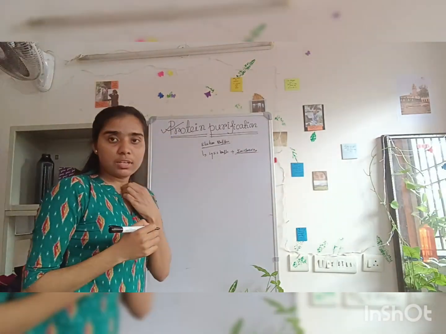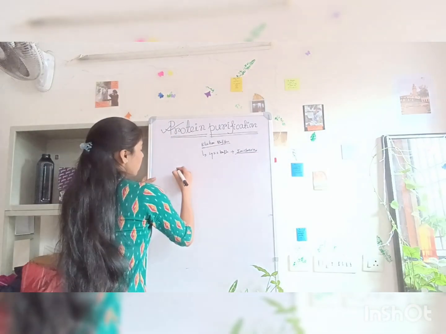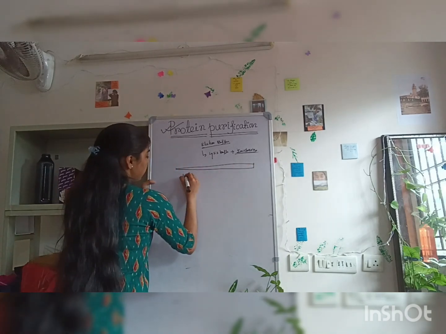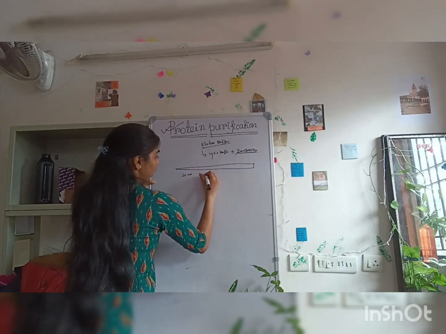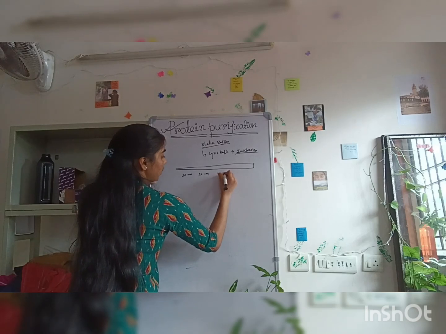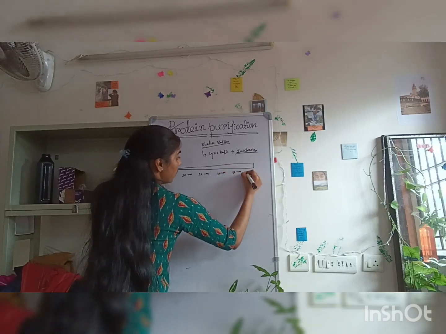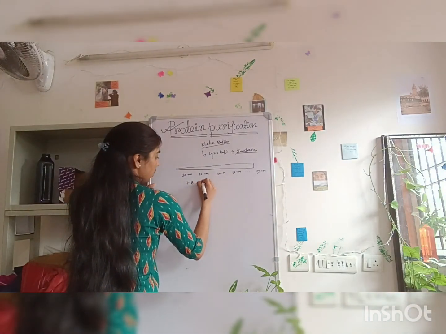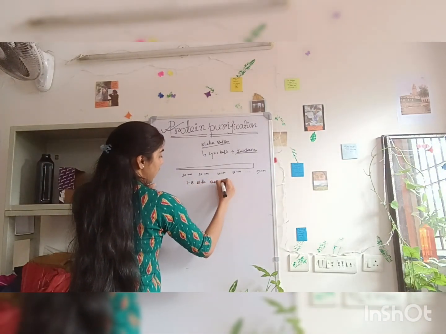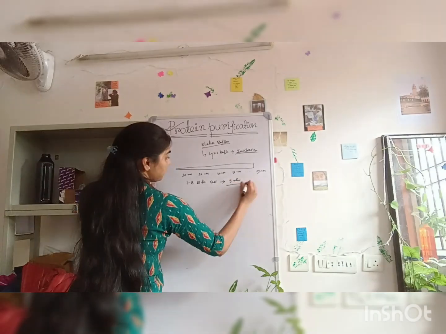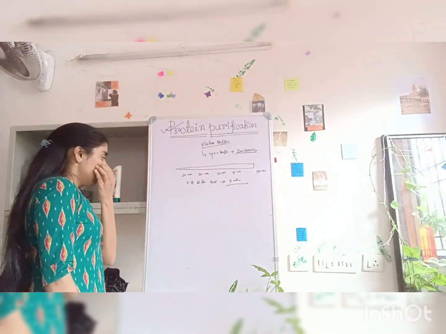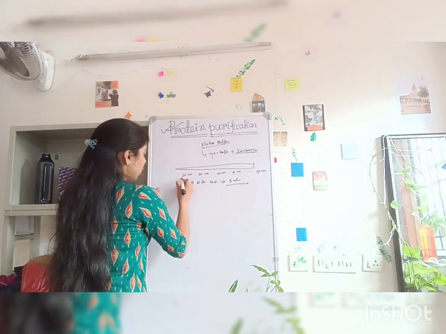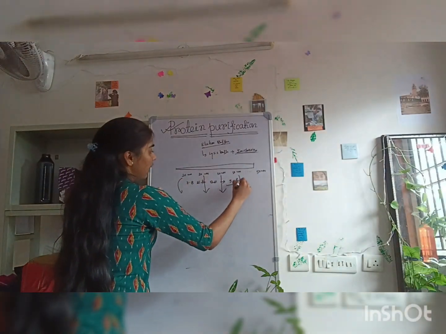Now we have different concentrations of imidazole, so we will make a gradient of imidazole. Let's say 10 millimolar, 20 millimolar, 30 millimolar, 50 millimolar, up to 500 millimolar. We generally make 7 to 8 elution buffers, each of 5 ml. After this elution, we load the fractions on the SDS gel.